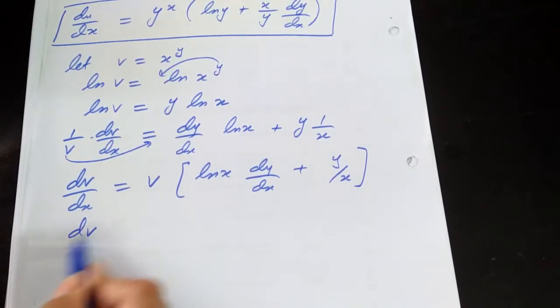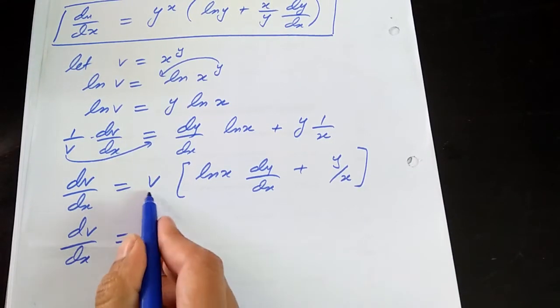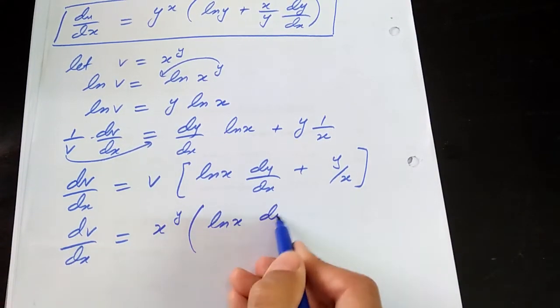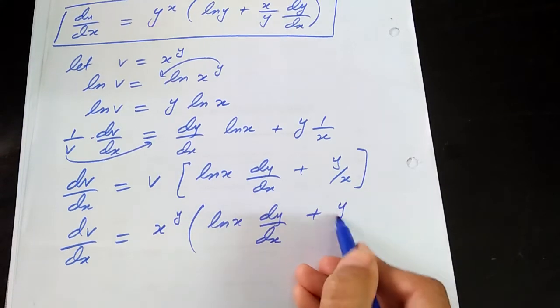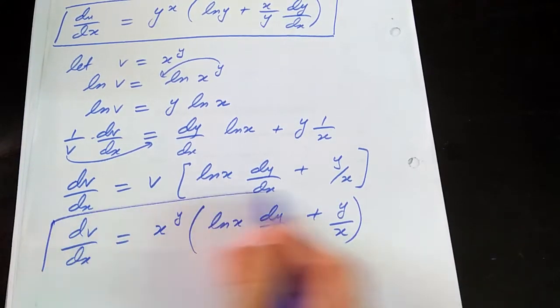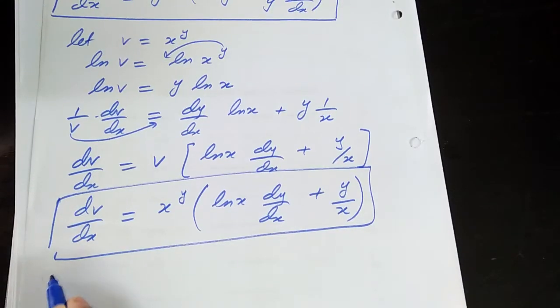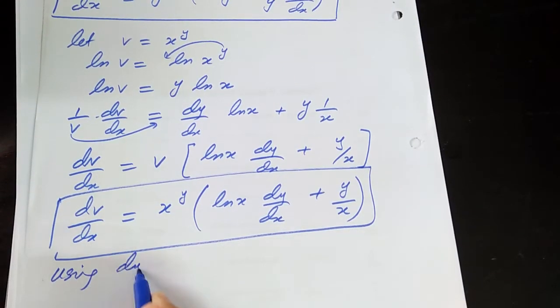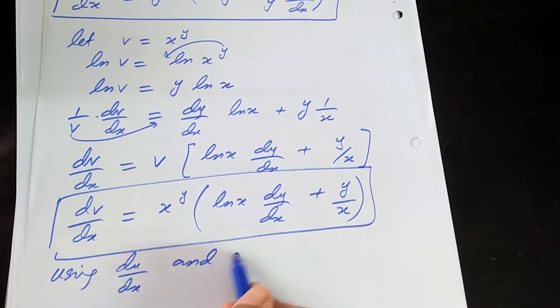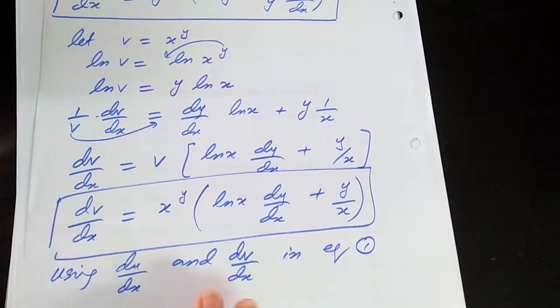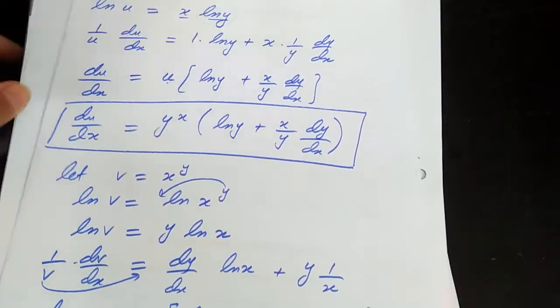This will be dv by dx equals, v was x raised to power y, ln of x dy by dx plus y over x here. Now use these two values in equation number 1. We will get, using du by dx and dv by dx in equation number 1, we will get